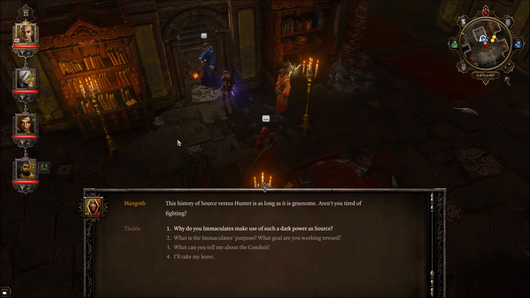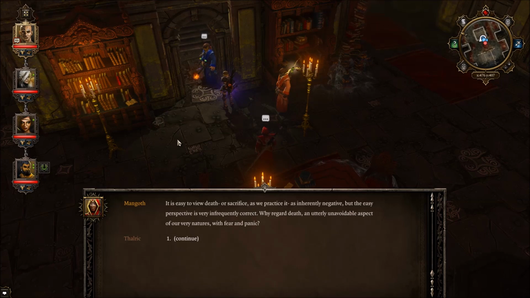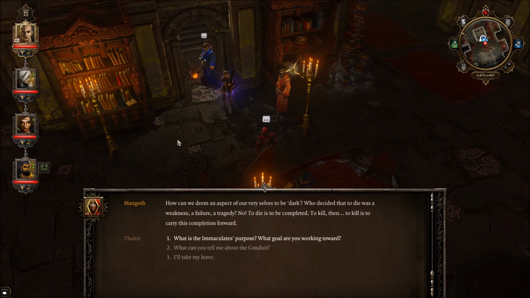So why do you Immaculates make use of such dark power as Source? So what if it is dark? What is so terrible about darkness? I ask you why a natural and neutral aspect of the cosmos, of our lives, can be banished. It is easy to view death, or sacrifice, as we practice it, as inherently negative. But the easy perspective is very infrequently correct. Why regard death, an utterly unavoidable aspect of our very natures, with fear and panic? Only by abandoning the fear of death do we truly live. You say Source is dark. We say that to use it is to embrace the so-called darkness within each and every mortal. How can we deem an aspect of our very selves to be dark? Who decided that to die was a weakness, a failure,